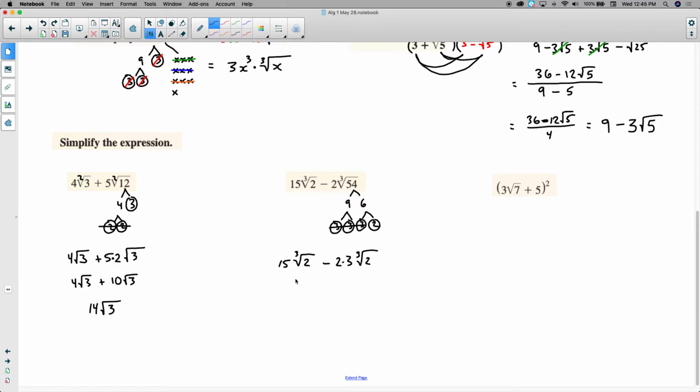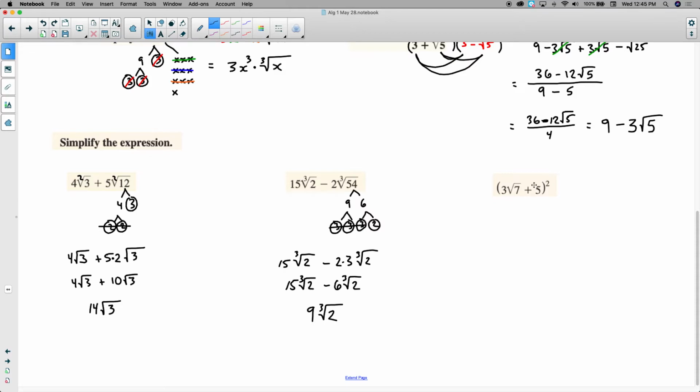All right, so then let's see what we got. We've got a 15 cubic root of 2 minus 6 cubic root of 2, so that's 9 cubic roots of 2, or 9 times cubic root of 2. Okay, and the last one before I move on past 9.1,